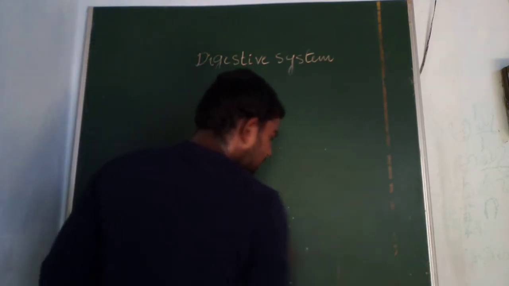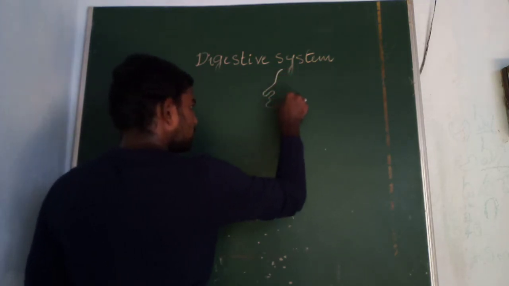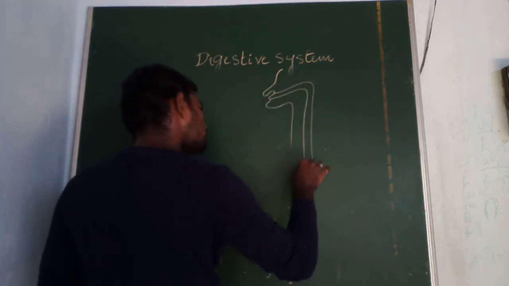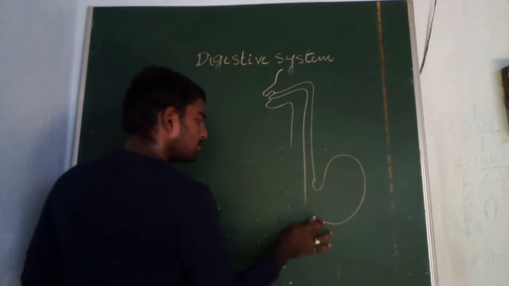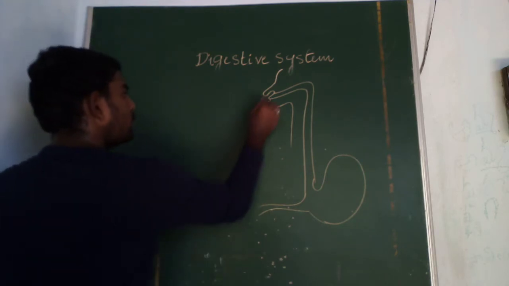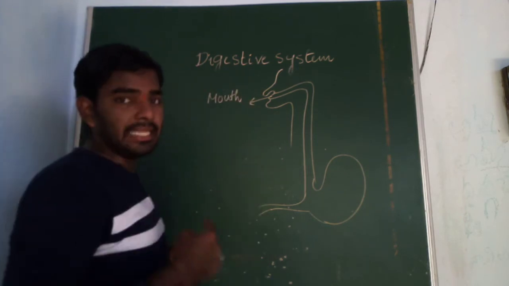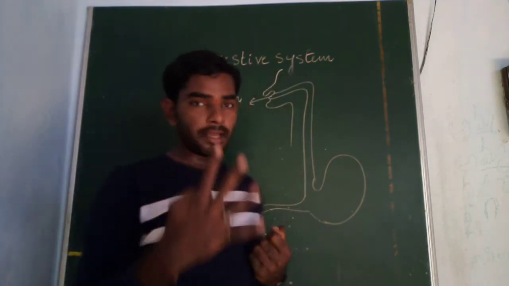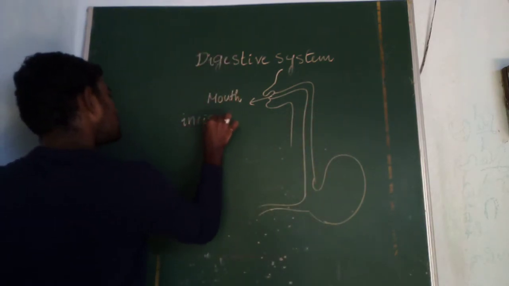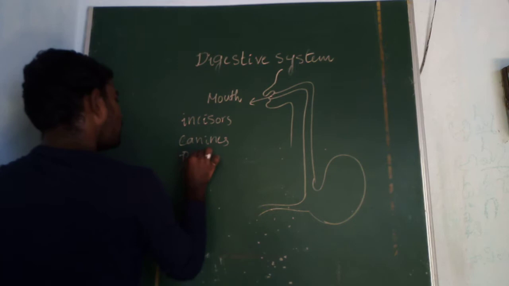So we are taking the food through the mouth. Inside the mouth, we can observe the teeth. How many types of teeth are there? There are four types of teeth, namely incisors, canines, premolars,